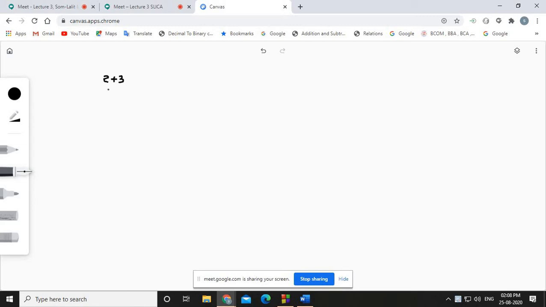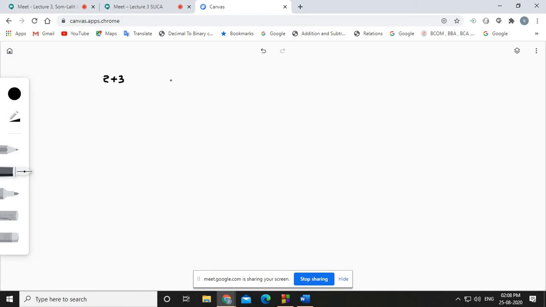We humans can understand this expression very well, and due to that reason, in our daily life we use this type of expression. This is called an infix expression, where the operator comes in between the operands. But if we want to make a machine, a circuitry, so that this expression will be evaluated and we can get the answer, I'm talking about the circuitry of a calculator, then it will be very difficult to make a circuit that can evaluate an infix expression.